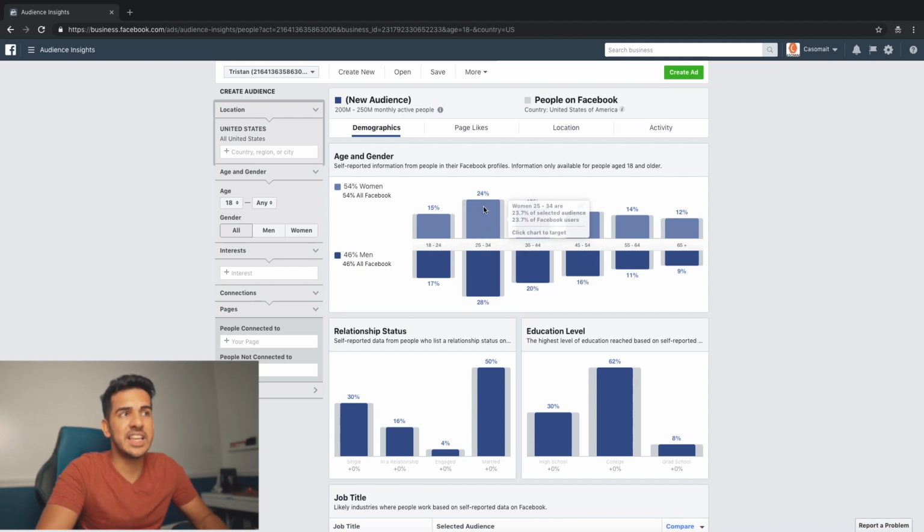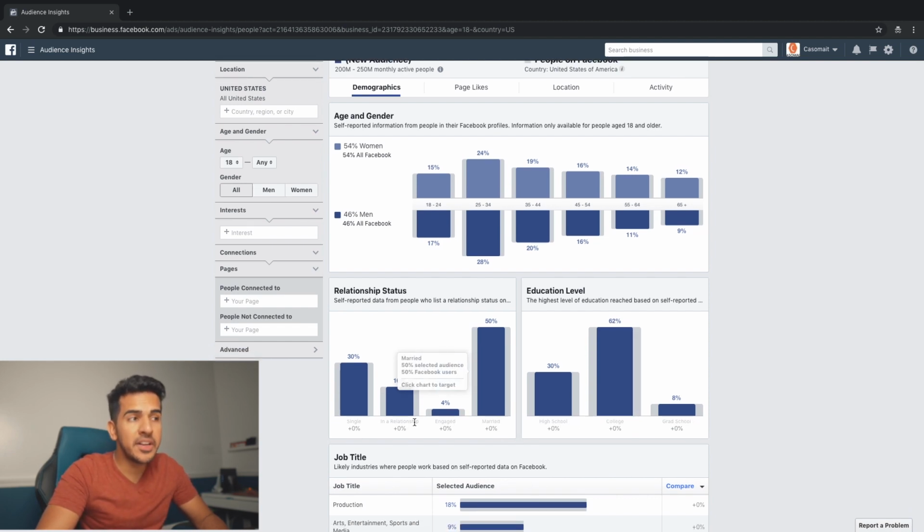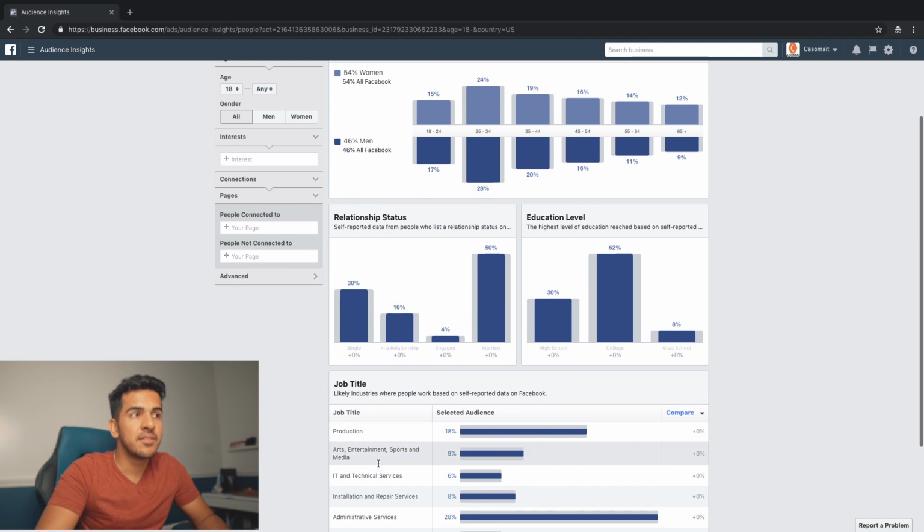The highest is in this age group, in both men and women, men underneath here, women over here, and it gradually slows down. Then education level: most people on Facebook are either in college or high school, and very few are from grad school. Most people are married, 30% are single, 16% are in a relationship, 4% are engaged.